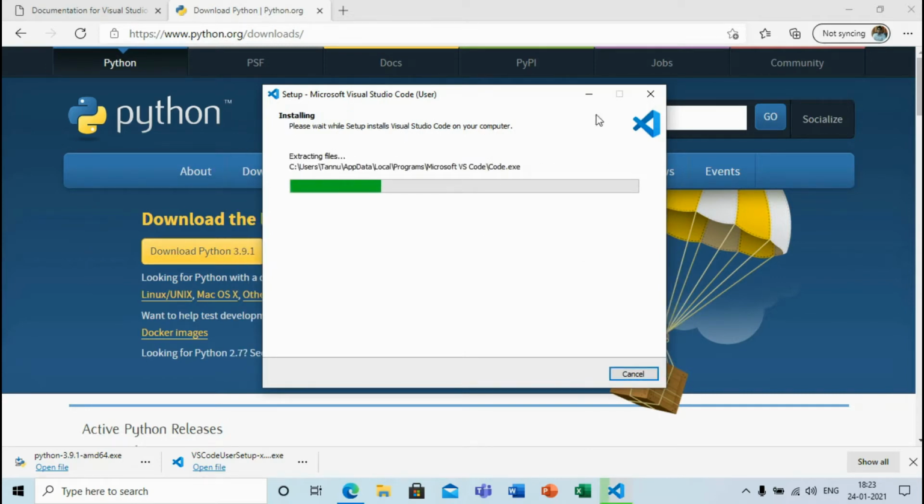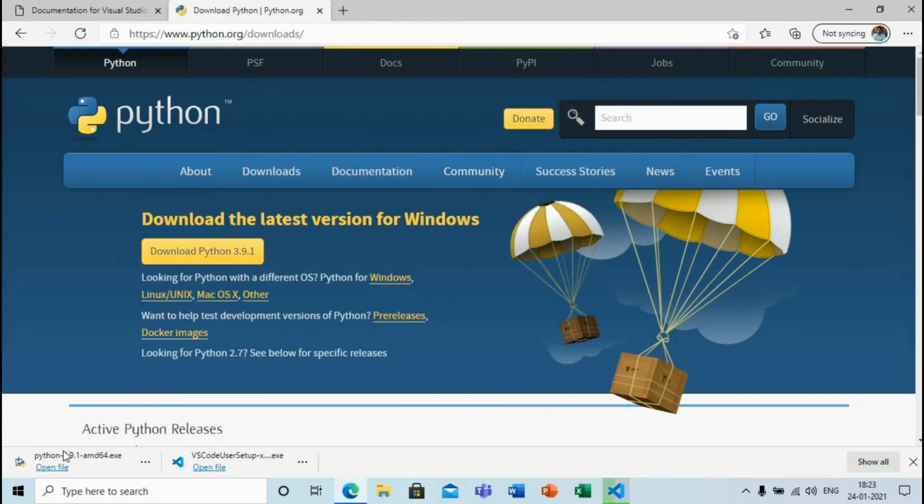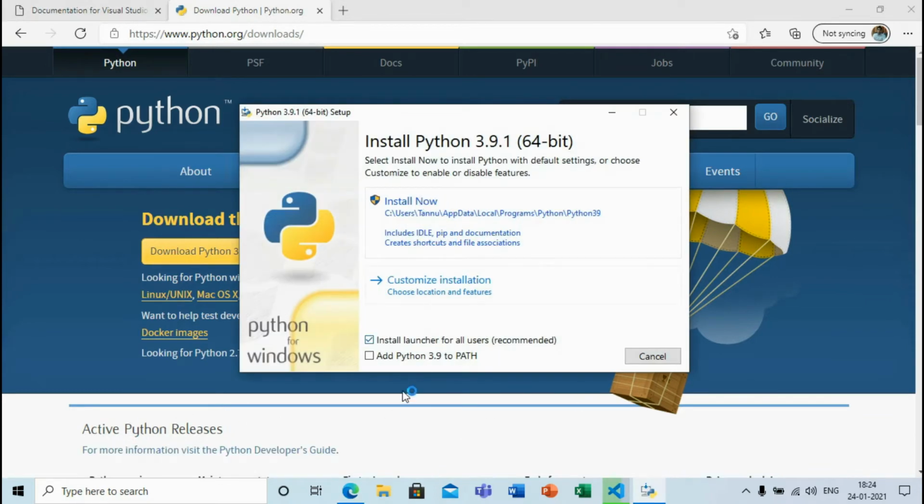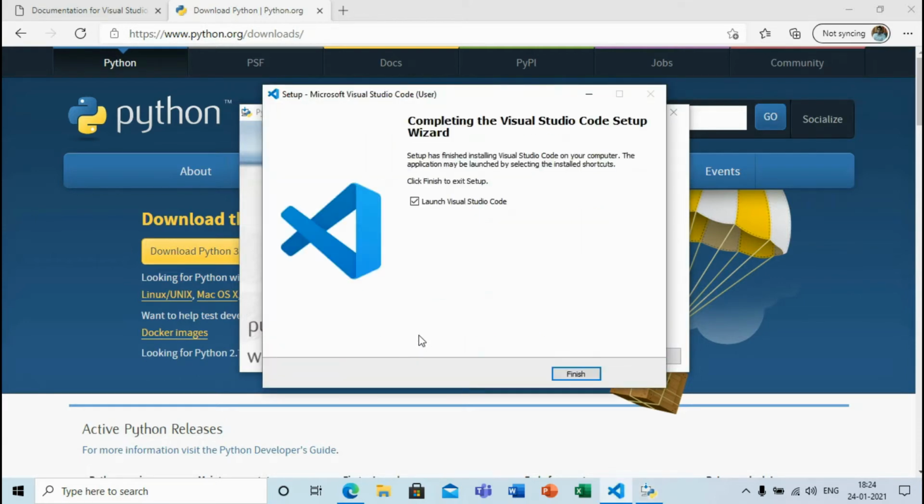Meanwhile we will open our Python setup, click on the Python setup which we have downloaded and it will open. You have to make sure, guys, to check this option, add Python 3.9 to PATH. Our Visual Studio Code is installed and we have to uncheck this and finish.